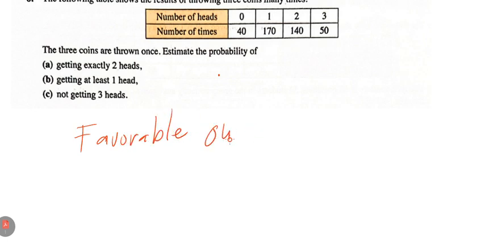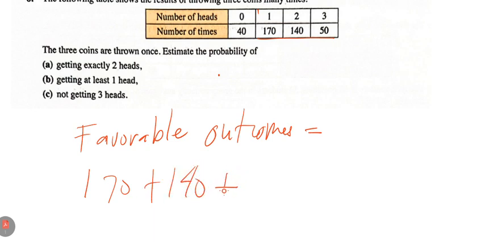Since it's at least, we're going to start from 1 to 3. So that is 170 plus 140 plus 50, and that's going to give us about